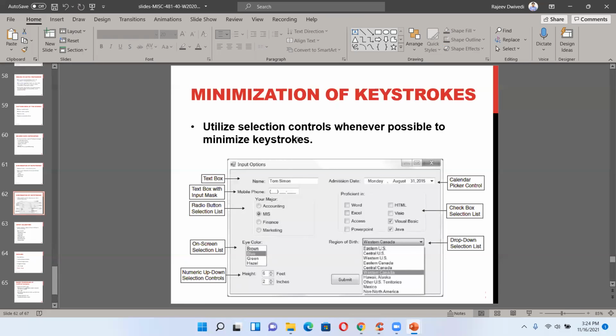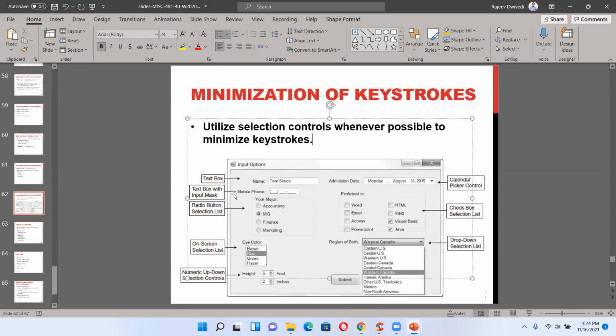So utilize selection controls whenever possible to minimize typing. Look at this: name, certainly you have to type, but for admission date you can use the calendar to select.